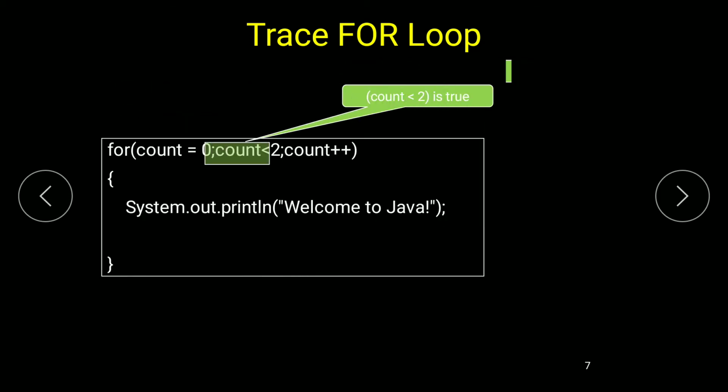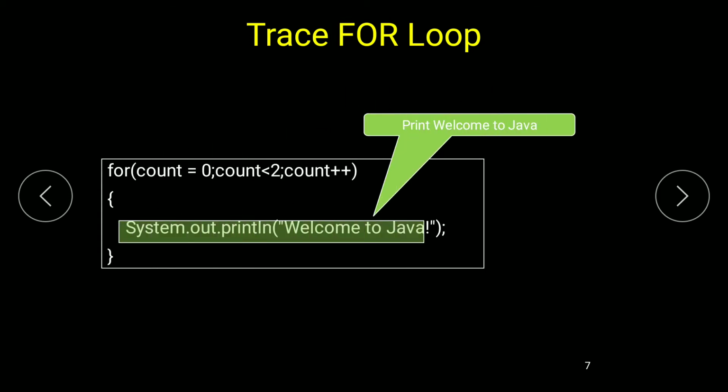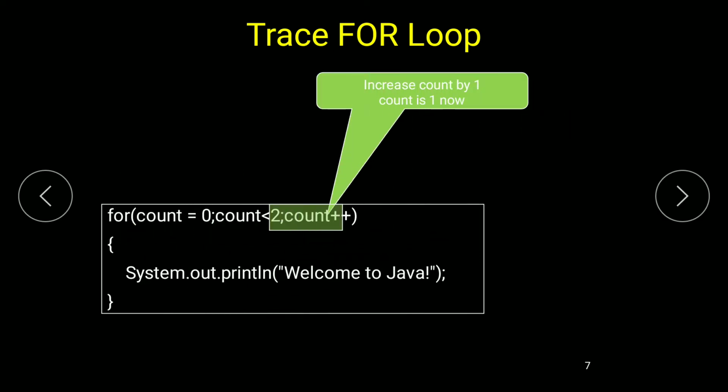Then after initialization, comparison will be done. Count less than or equal to 2. If this condition is true, your control goes to System.println, or you can write document.write also. Then it prints Welcome to Java, right? Next, your control goes to the increment.